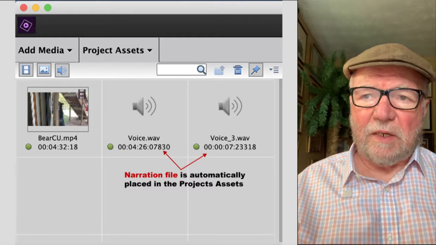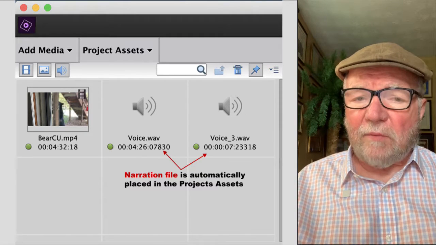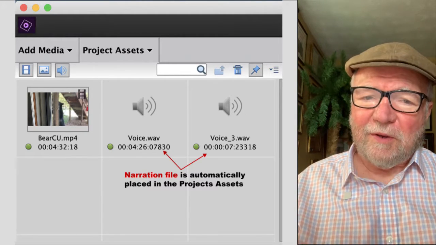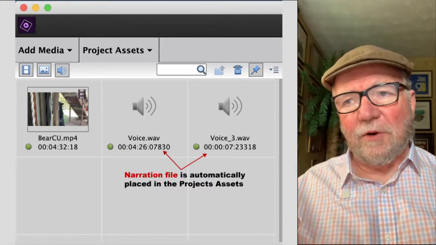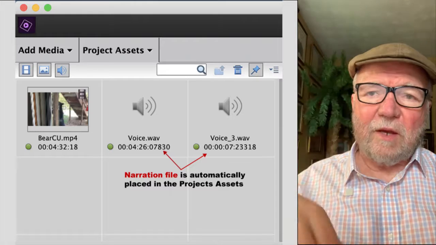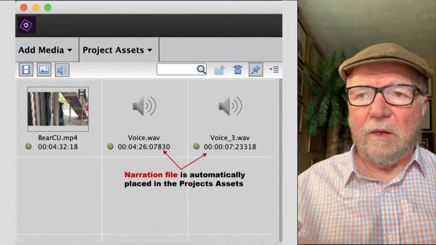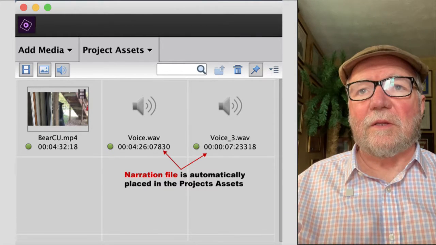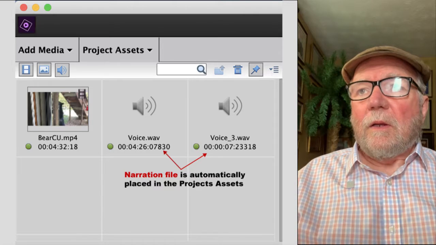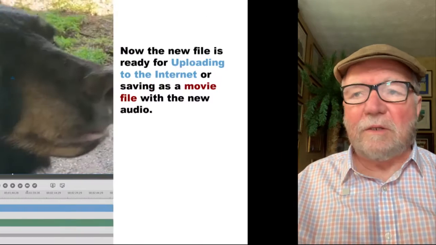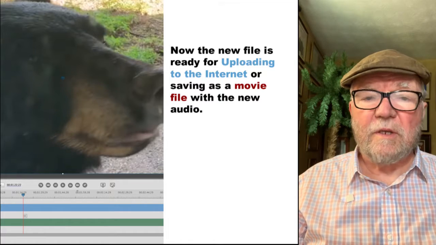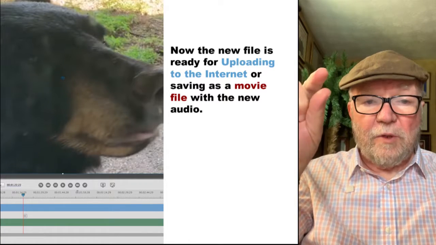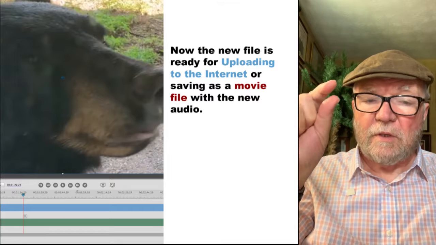Sometimes you might have to make more than one recording if things goof up, or maybe you want to stop and then start again. And every time you do that, you'll get a little voice thing up here at the top. And that's it. Once you're finished with your recording, what you'll see is the blue track, which is your original video track,